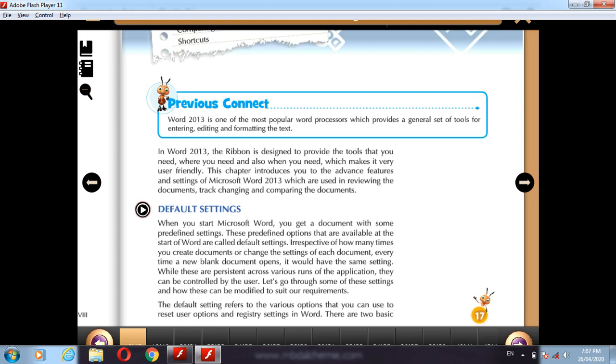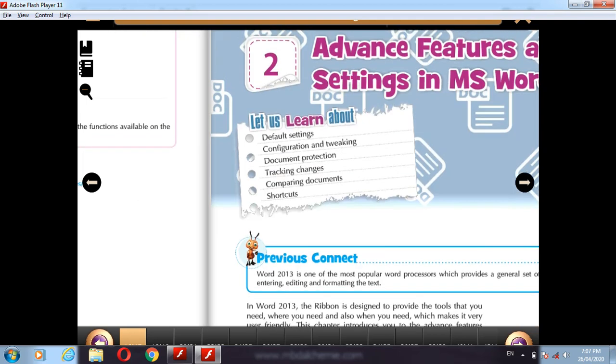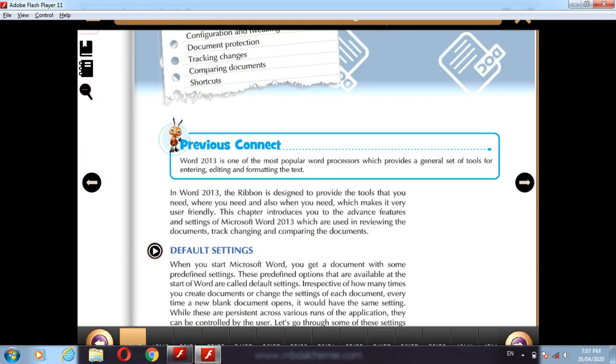So let's go through some of these settings and how these can be modified to suit your requirements. The default setting refers to the various options that you can use to reset user options and registry settings. In Word, there are two basic settings.